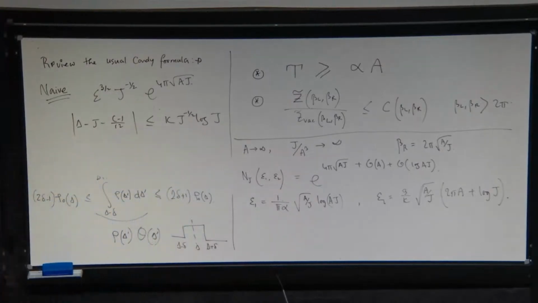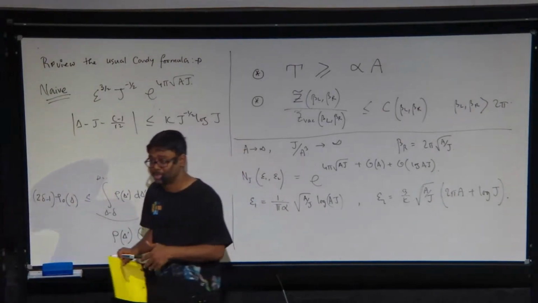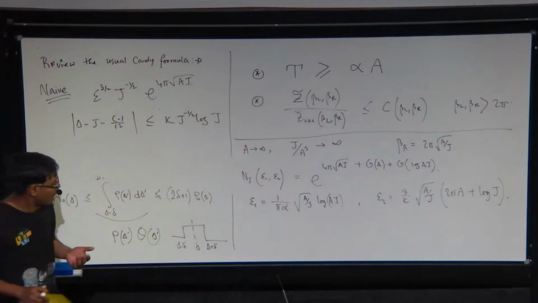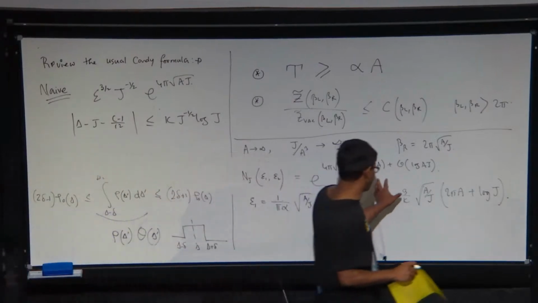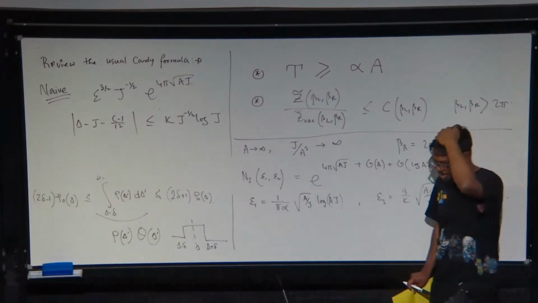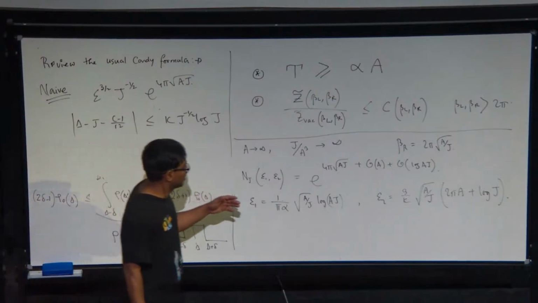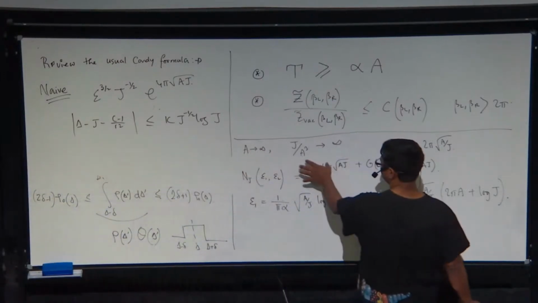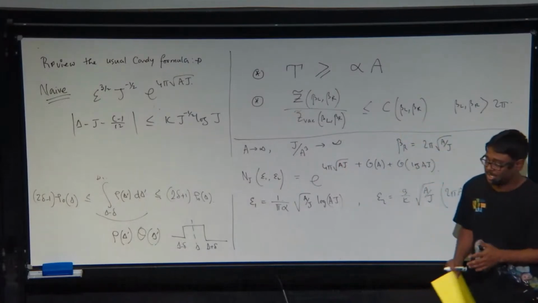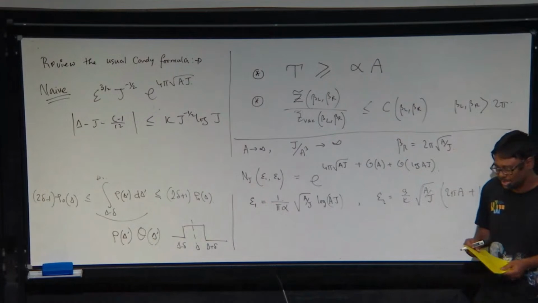And holographically, this basically means that you are looking at near extremal black holes, which are highly rotating because spin is very large. And some of these limits are actually intuitively understood in a paper by Ghosh, Maxfield, and Turiaci, where they show that in some limit which is kind of similar to this, there is a vacuum dominance in the dual channel, which is related to the BTZ black hole dominance, which is rotating.